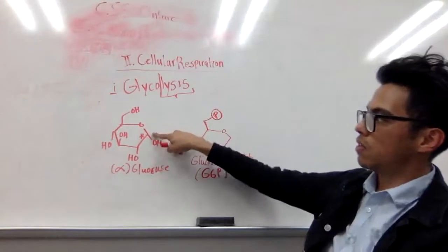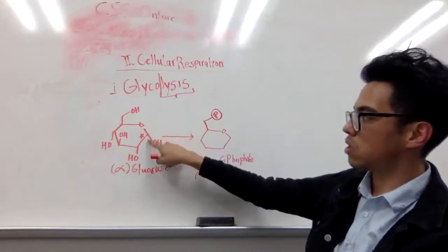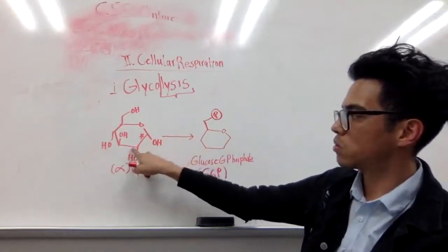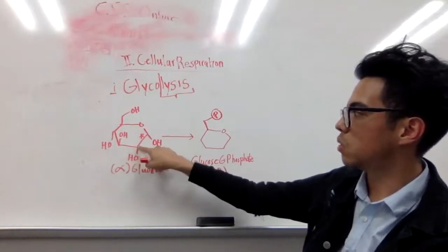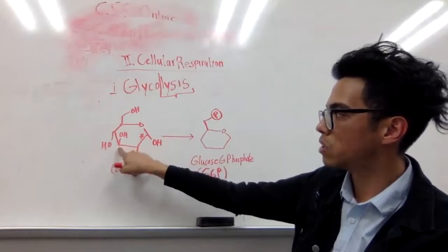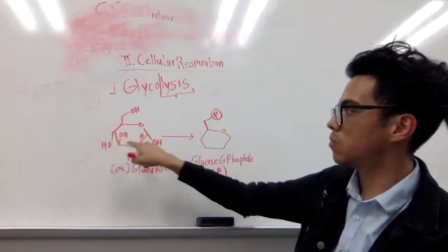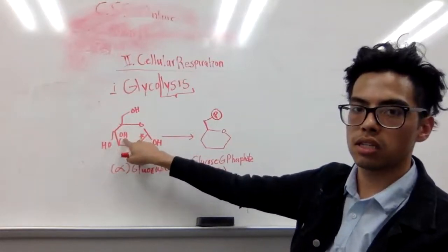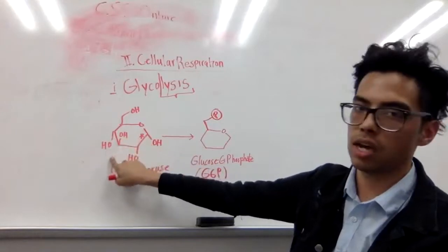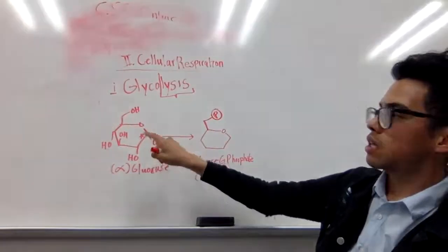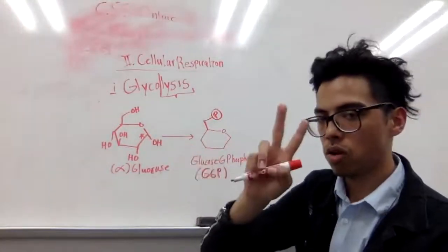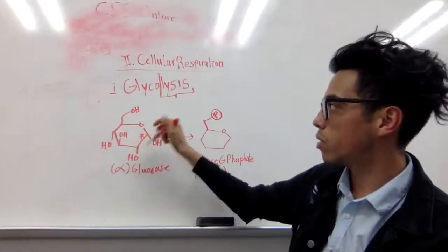Why? Well, on this side it has an oxygen, and then it's also connected to a hydroxyl group. What about this one? This one is only connected to one oxygen, because on both sides it's connected to carbons. This one is also the same thing, carbon on both sides and just one connected to hydrogen or oxygen, and then the other one's connected to hydrogen, but I didn't draw. Same thing, same thing, same thing. The only one that's connected to the most, or two oxygens, is this carbon right here, and so that's why